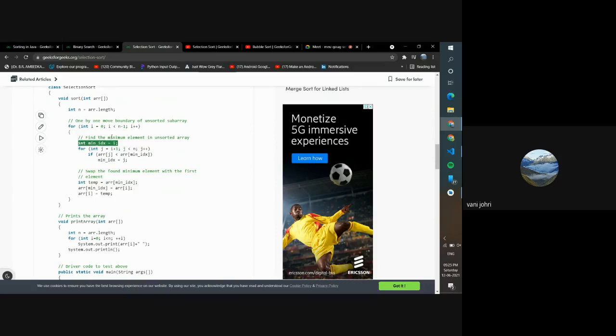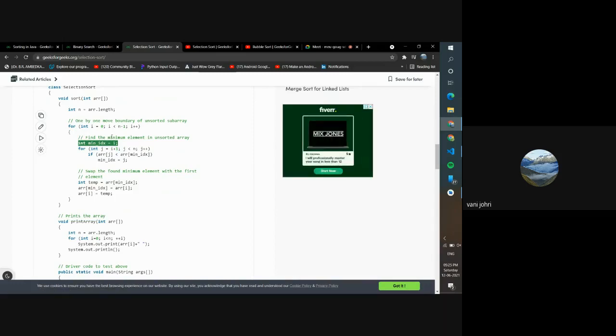When the first time the loop runs, the first element we're going to start from is 0. The next time it runs, we're going to start from 1. Why are we going to start from 1? Because we've already put the minimum number of the complete array at the 0 position. So we do not need to start from 0 again. We need to start from the element after that, which is going to be 1. After that, we're going to have position 2. Once the starting numbers are sorted, you do not need to go over them.